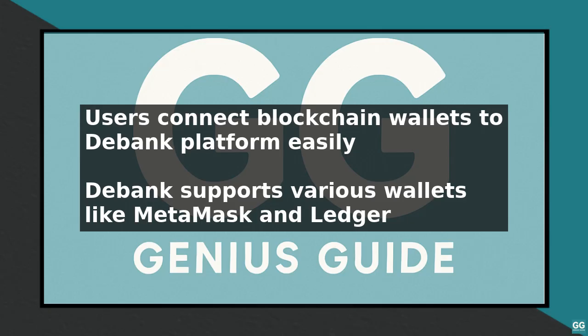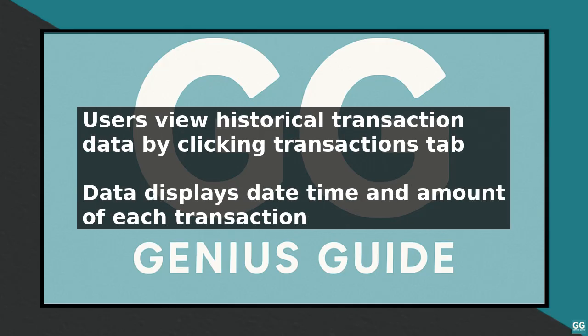Once the wallet is connected, users can view their historical transaction data by clicking on the Transactions tab. This displays a list of all past transactions, including the date, time, and amount of each transaction. Users can also filter the data by date range, transaction type, and asset type, making it easy to analyze specific